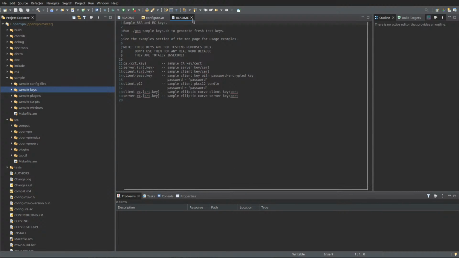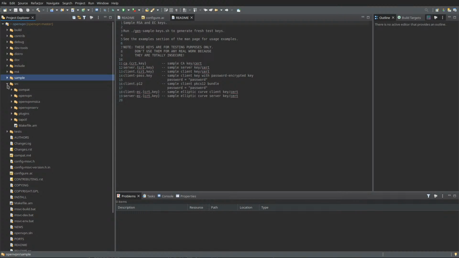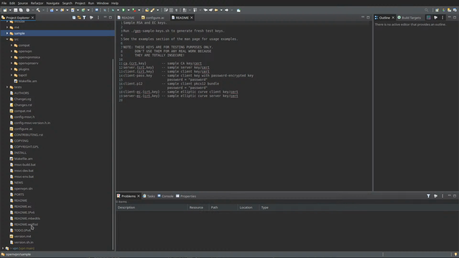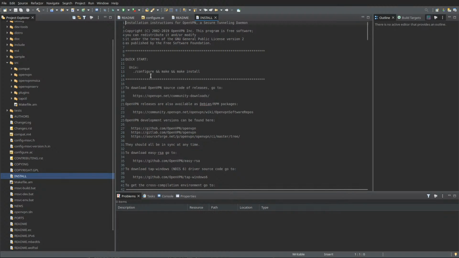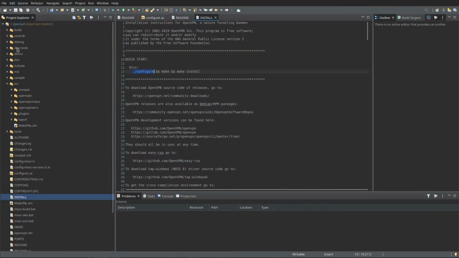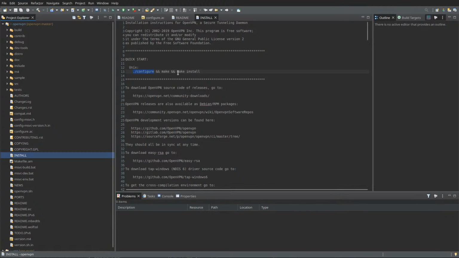I wanted to explore this a little bit more, but this is a very sophisticated and very complicated piece of software. Install, let's say, go to configure, make install.